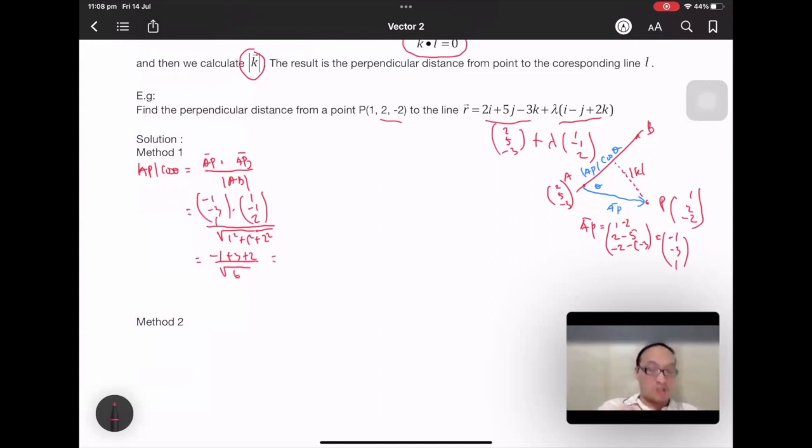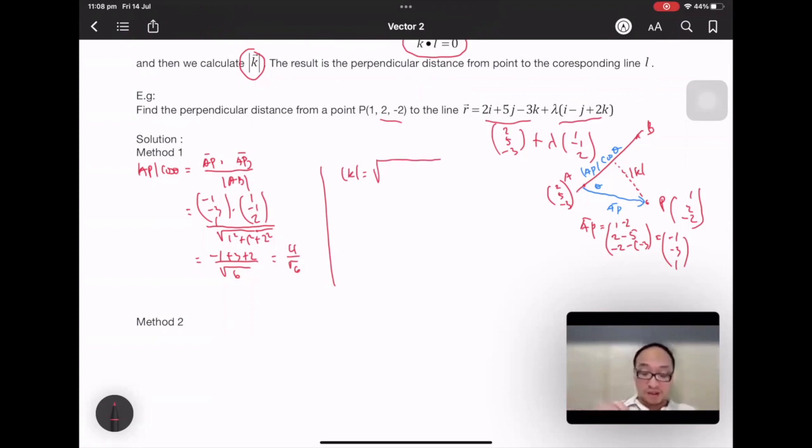So equals to 4 over square root of 6. That's the projection of vector AP. Now, to find the perpendicular distance, we just use the Pythagorean theorem. So square root of